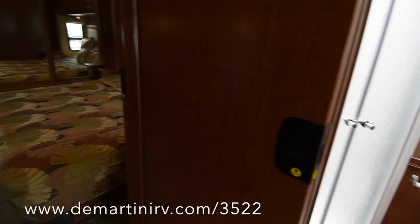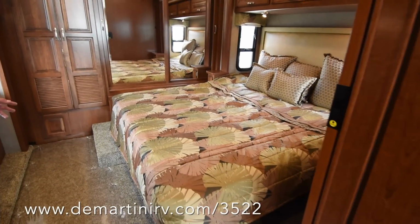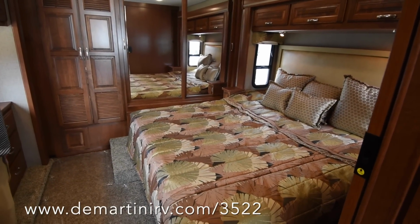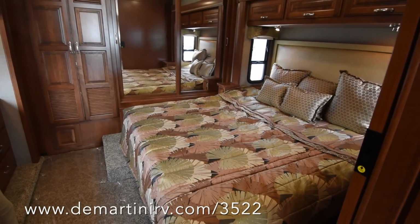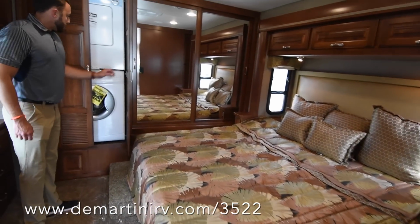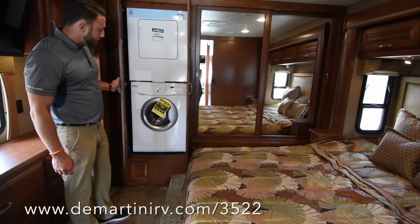As you come back into the bedroom, the benefit of again having a short diesel, you're going to have the king size bed. So having a king size bed in a 34-foot motorhome is very great. Something again you don't typically see size wise. Back here then you have your standard stackable washer and dryer,